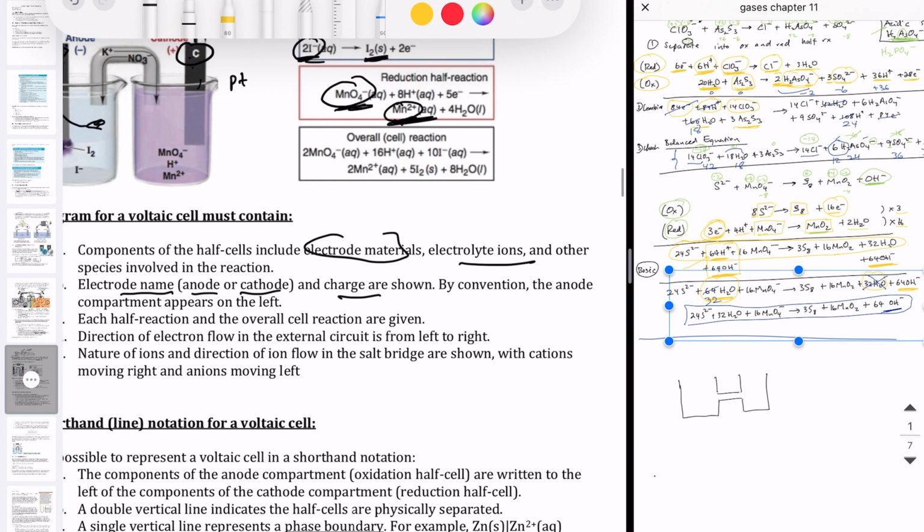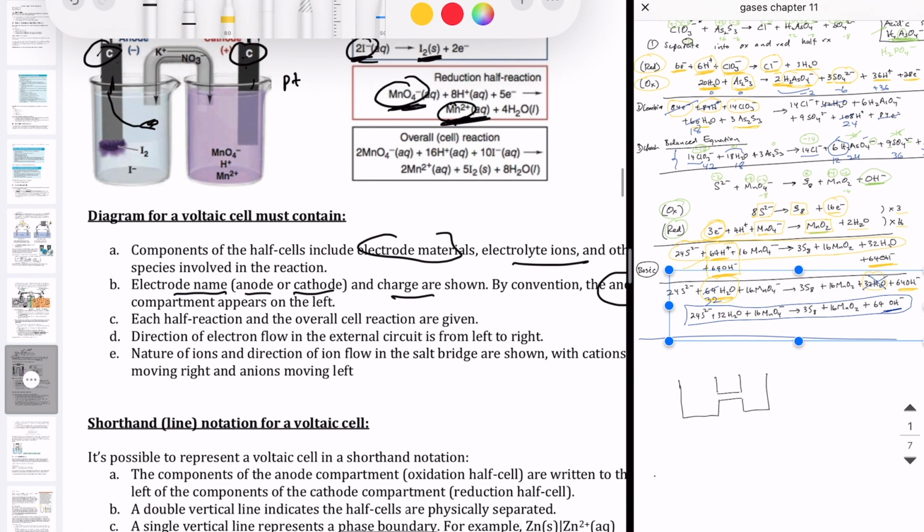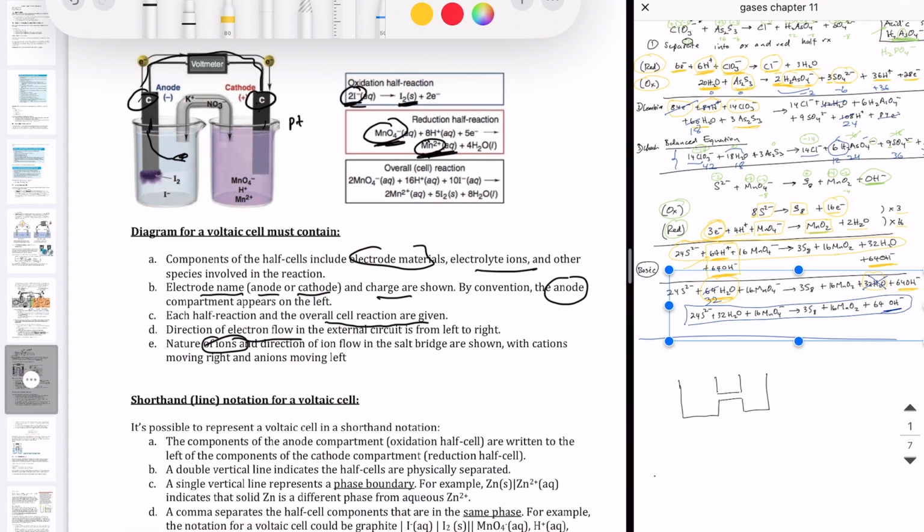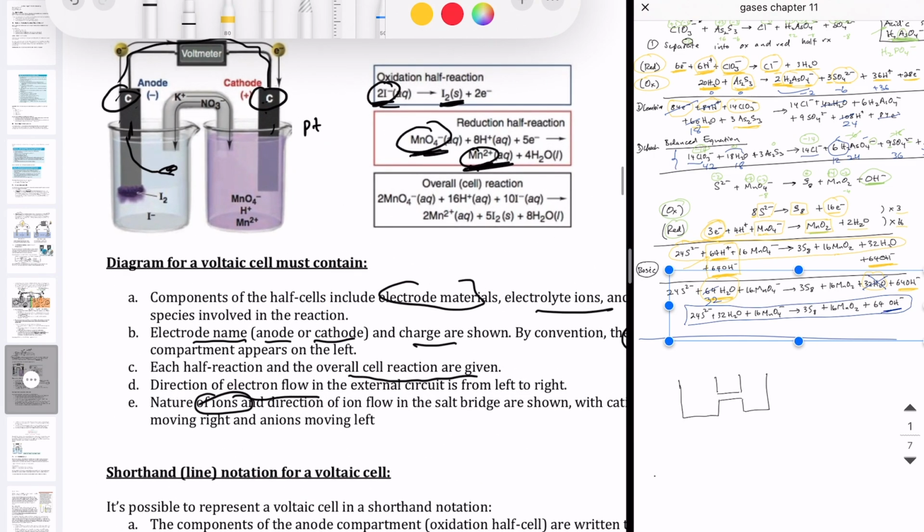And then by convention, we usually draw the anode on the left side. Each half reaction and the overall cell reaction should be provided next to the diagram, so that it's clear what kind of reaction we're looking at. Show the direction of electron flow, and then the movement of the ions from the salt bridge that would balance out those charges, okay? There's a lot of things to do there, obviously, right, to create all that diagram and